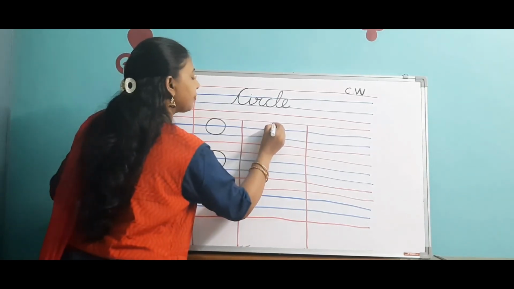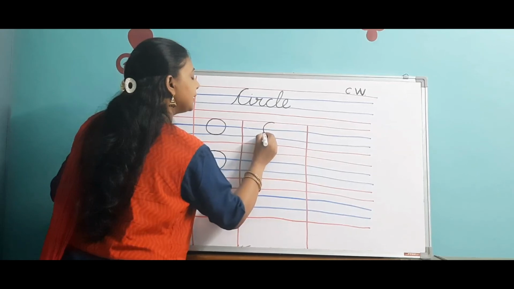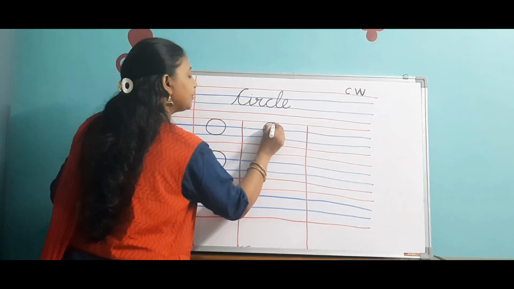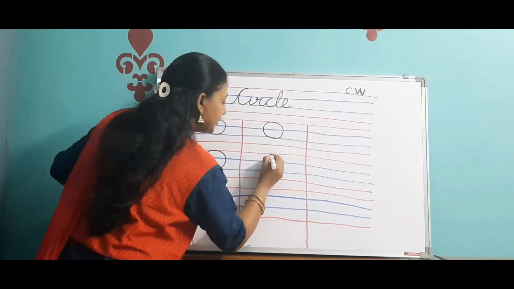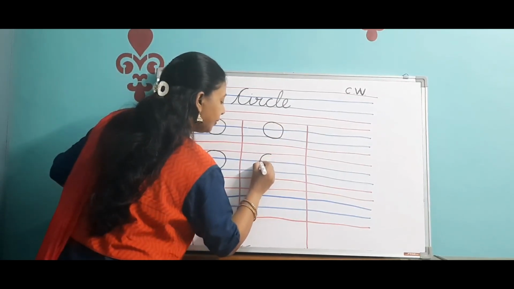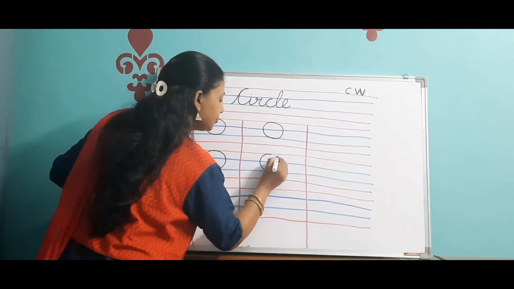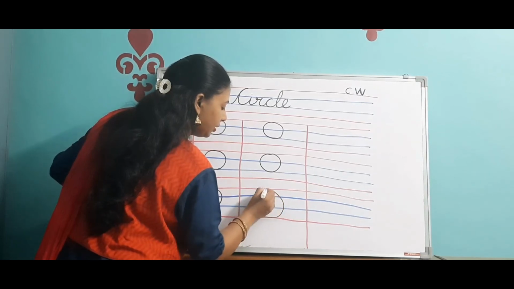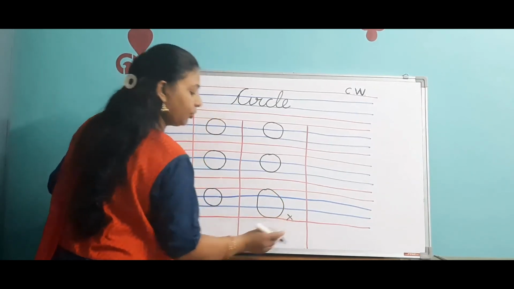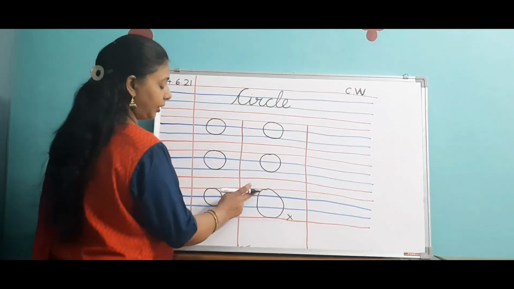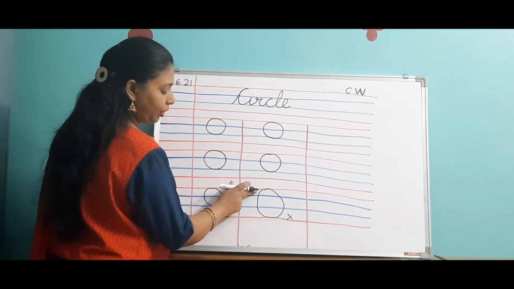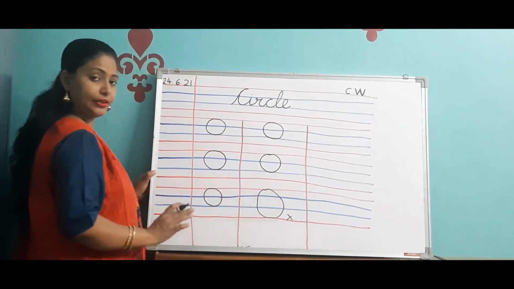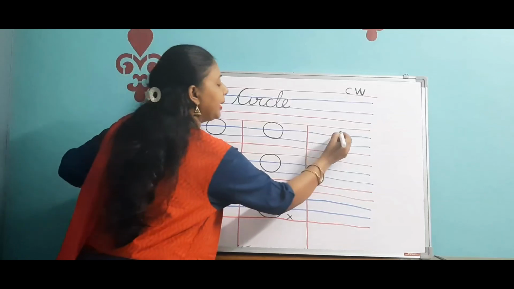Once again. From the first line, make a semicircle. Do not stop. Go back to the second line and come back to the first line and join. This way you are going to write. You are not going to touch all the 4 lines. This is wrong, okay? Understood, children? So you are not going to make this big circle in all the 4 lines. Only within the first 3 lines you will make this circle.